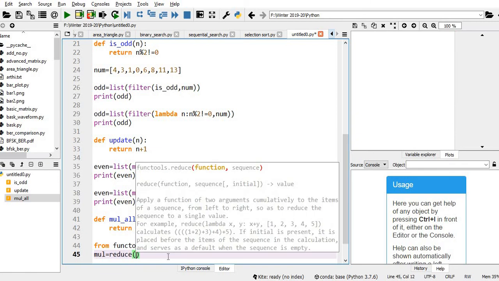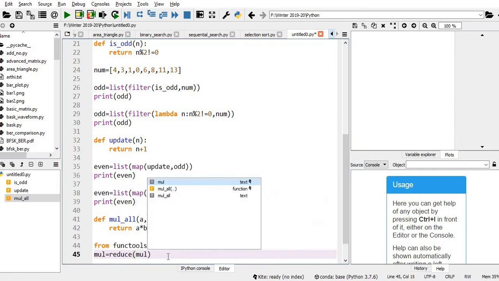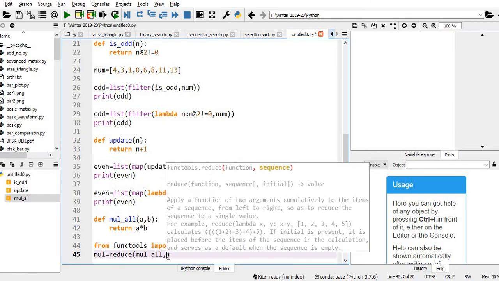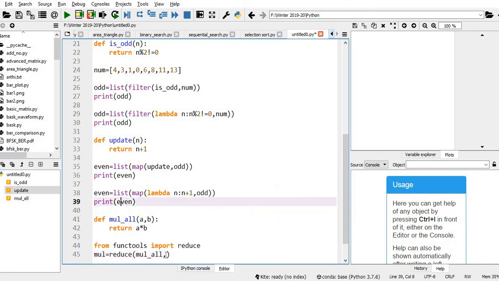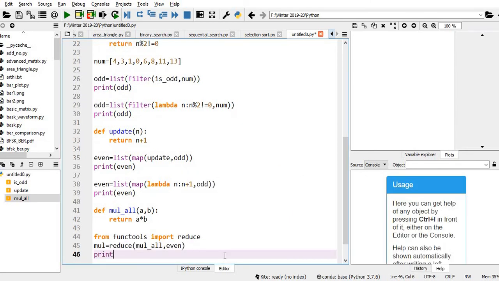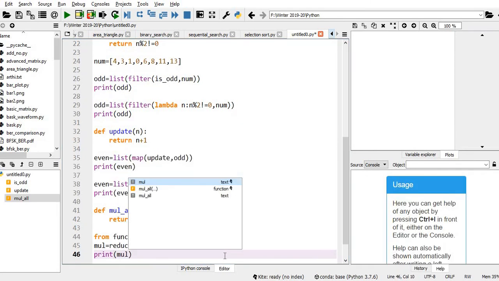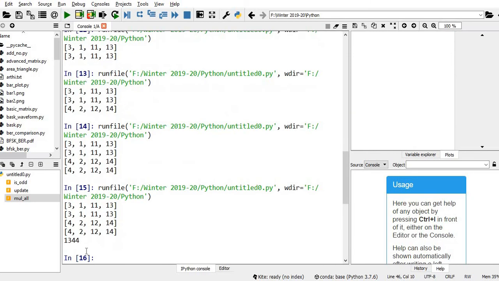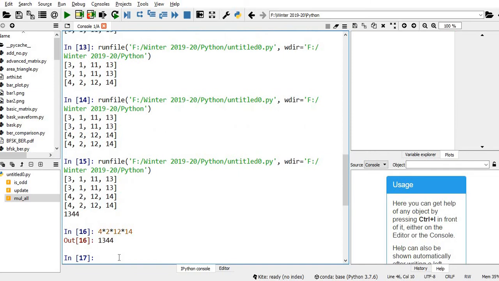Reduce, the first input is multiply all, the second input is this even. Let me print this multiplication. I got the number 1344. Let us verify. I'm just multiplying 4, 2, 12, 14. I got the same answer.